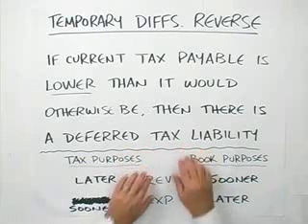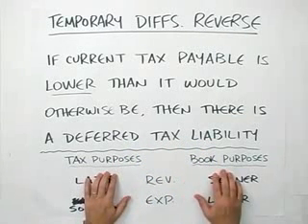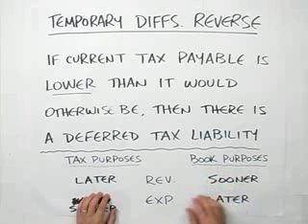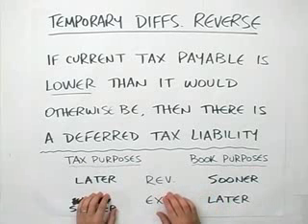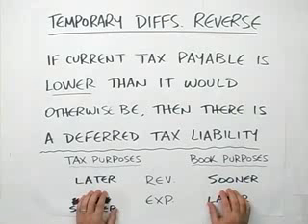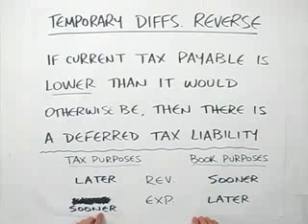A summary of how that works for tax purposes and book purposes. In the case of revenue, a deferred tax liability would be a result of revenue being recorded later for tax purposes and sooner for book purposes. Revenue in your financial statement today which isn't taxed yet, usually because it hasn't been received. With expenses, it's the other way around. Sorry for the mess. Even I get it wrong sometimes. I have to think about it, and so will you, until you get used to it.